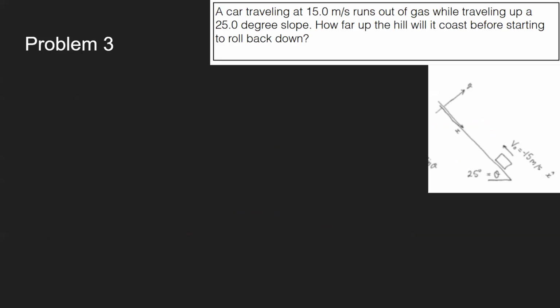So once again, they're not always going to exactly say the thing that you're finding, but how far up would indicate that we're trying to find distance. So what is the distance that it goes up before it rolls down? Now we will draw a picture, and anytime you have an incline or slope, it's usually good to choose